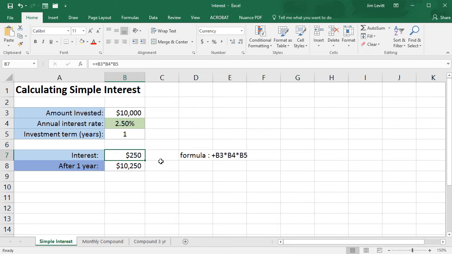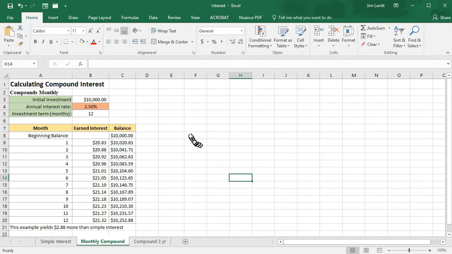Let's look a little bit at how you would do compound interest, and I'll click here. You can compound by the quarter or by the month or whatever. This is a little bit more complicated, but we have the same amount, $10,000, the same rate, only the term here is 12 months. So if I look at my balance over here and click on cell B9, my formula